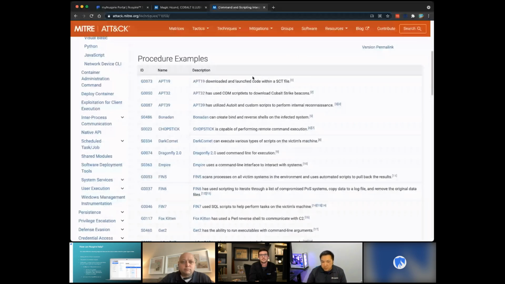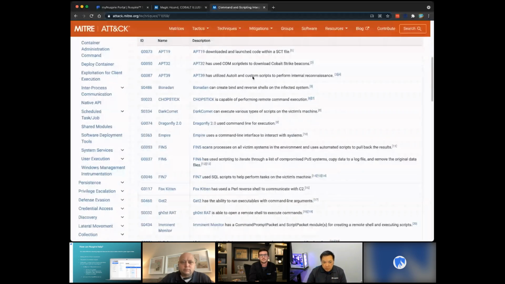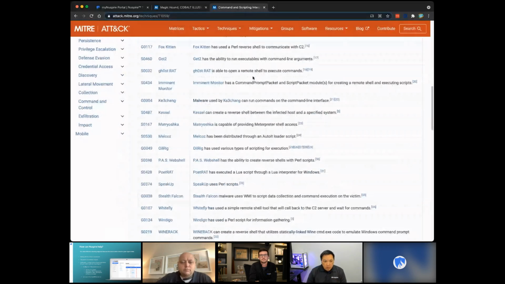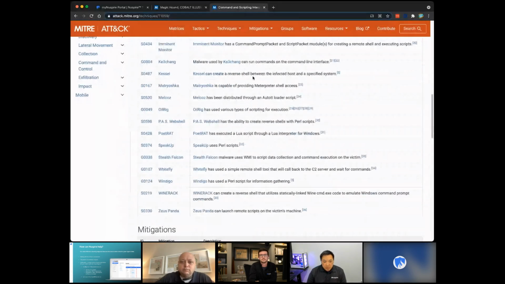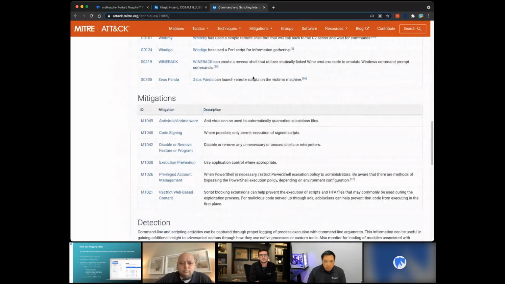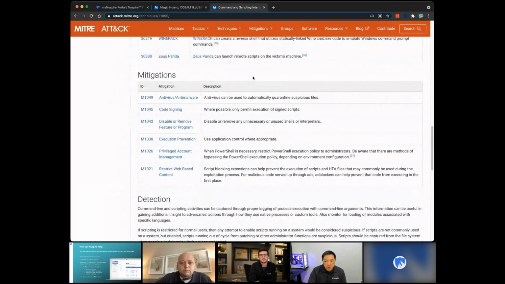Again, we go back to the source. MITRE has done a lot of great cataloging work from all the sources out there that are doing these investigations and publishing the techniques. And here's the important part: it's the mitigations, right? So notice how we had to go through 3 steps to get down to mitigations, right?